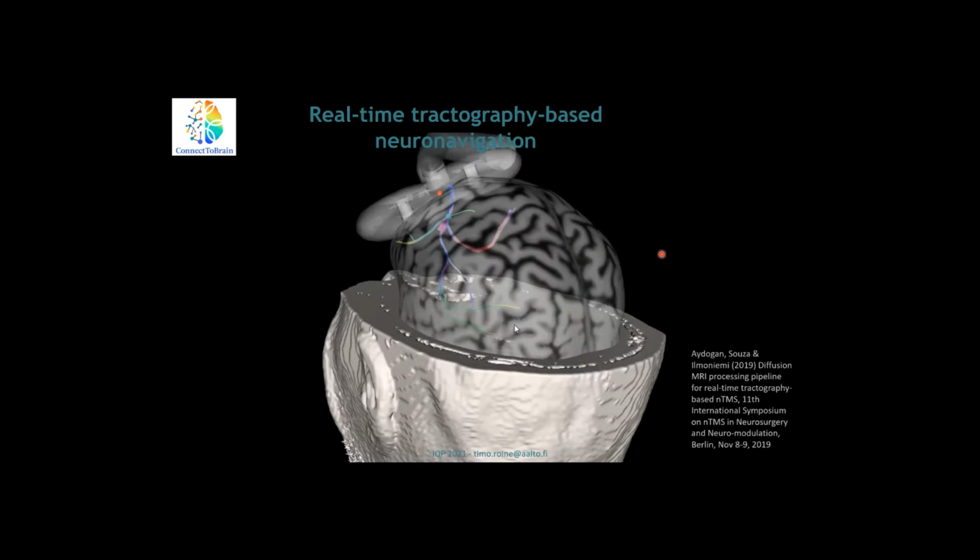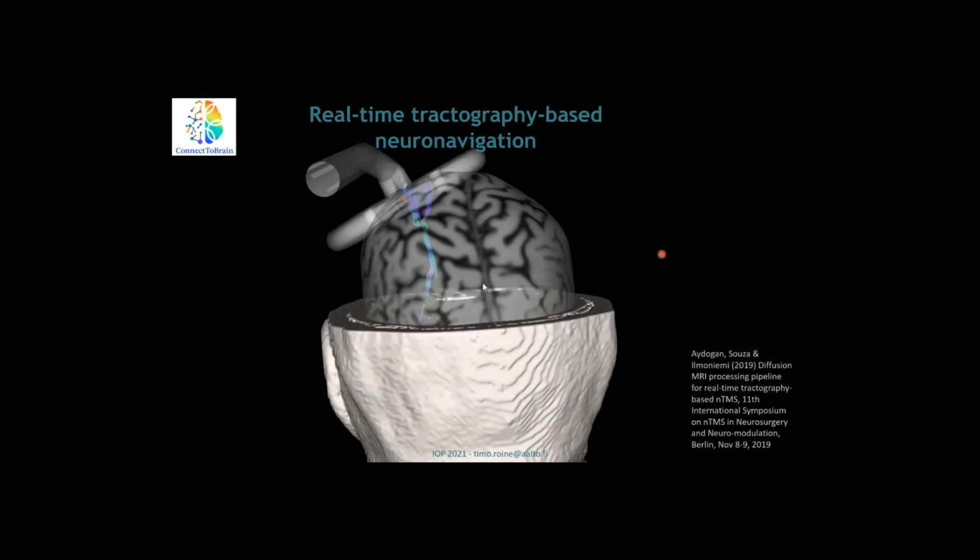So real-time information about the structural connectivity has a great potential in improving the targeting of the TMS. Current MTMS transducers are quite heavy, and they will become even heavier in the future. So with the 5-coil,